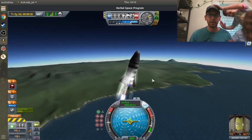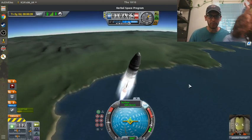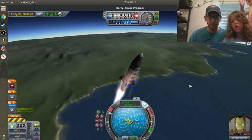So I'm trying to remember the density spectrum. It looks like my aerodynamics are going down and I'm almost running out of fuel. So I'm going to go ahead and punch it and hit full throttle. And then I'm also going to...